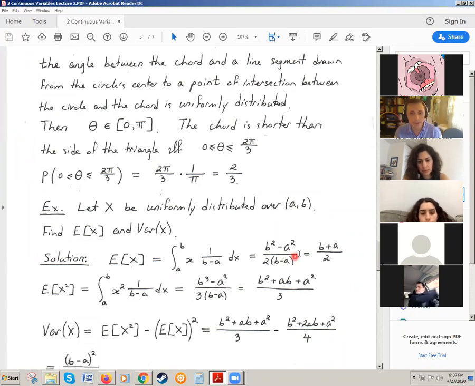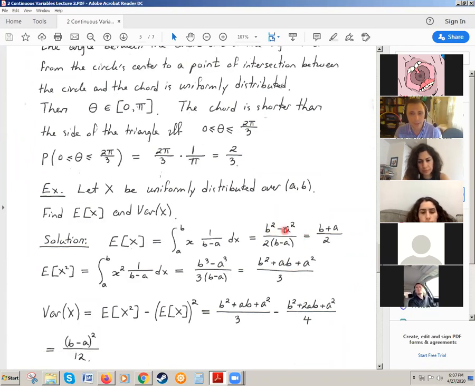So then we have b squared minus a squared over 2 times b minus a. I can factor b squared minus a squared, and I do get indeed b plus a divided by 2. And now let's calculate the variance. So the variance,